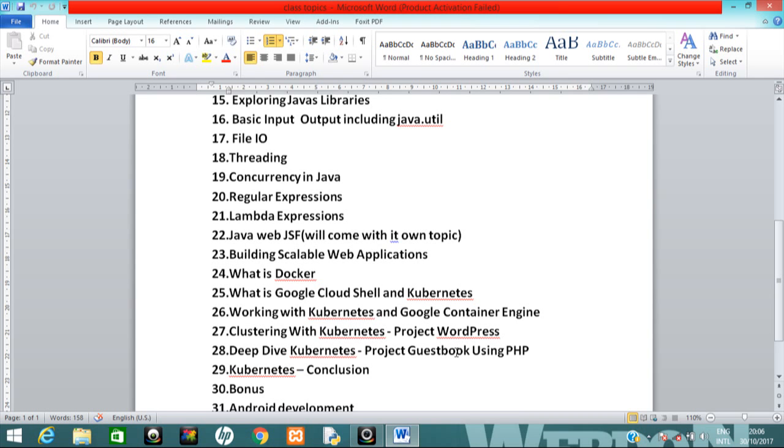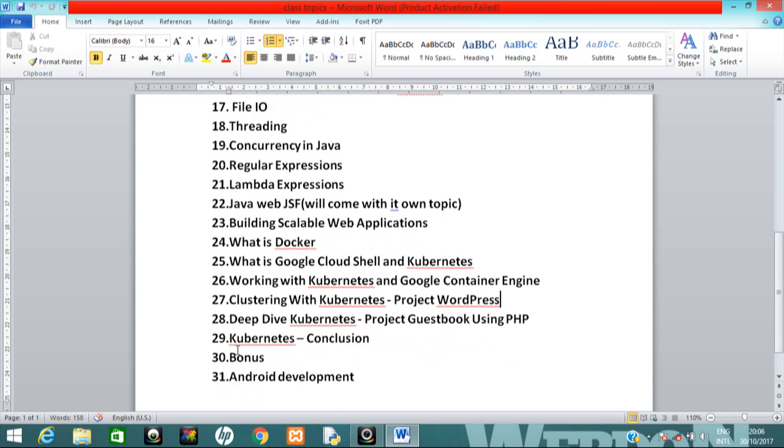The project we'll be working with will be a WordPress project, or we might choose to build our own project from scratch, depending on what we decide to do. And then once we move on, we'll dive deep into a Kubernetes project, a Ghost blog using PHP, and then we'll move out of there to the Kubernetes conclusion. We'll conclude what Kubernetes is. We'll do a brief summary of the entire Kubernetes course, and then